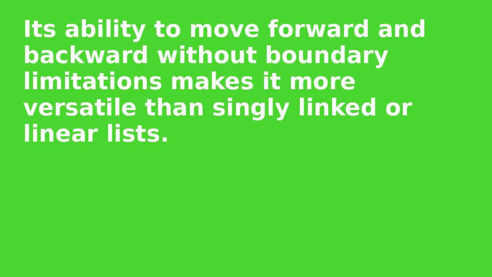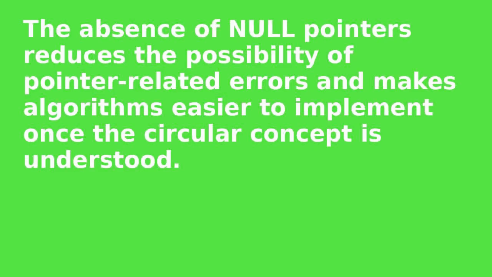Its ability to move forward and backward without boundary limitations makes it more versatile than singly linked or linear lists. The absence of null pointers reduces the possibility of pointer-related errors and makes algorithms easier to implement once the circular